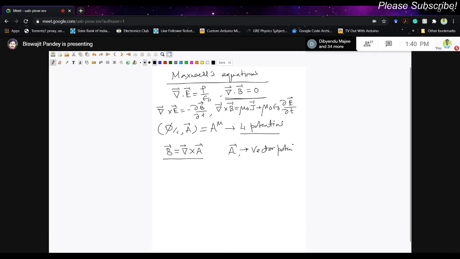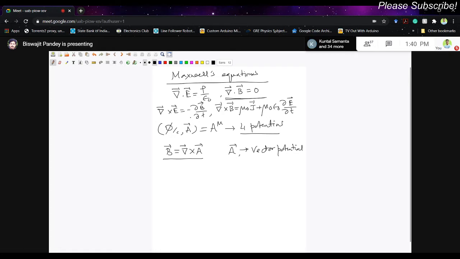And irrespective of whether you are in electrostatics, magnetostatics, or electrodynamics, this is always true for the vector potential. And remember, when we were in electrostatics, we had curl of E equal to 0, right? It's a conservative field. In electrostatics, we have the integral of E dot dl along a closed path equal to 0, so that is curl of E equal to 0.